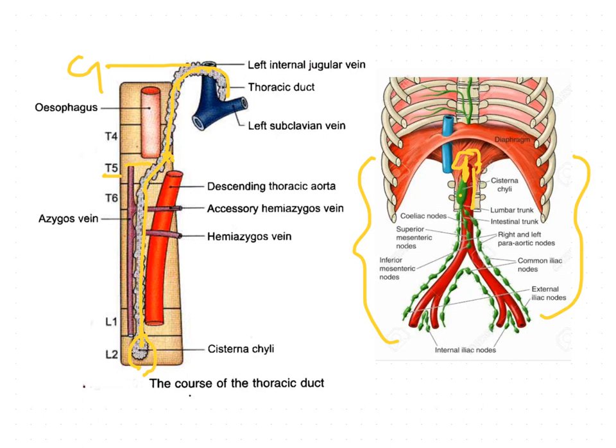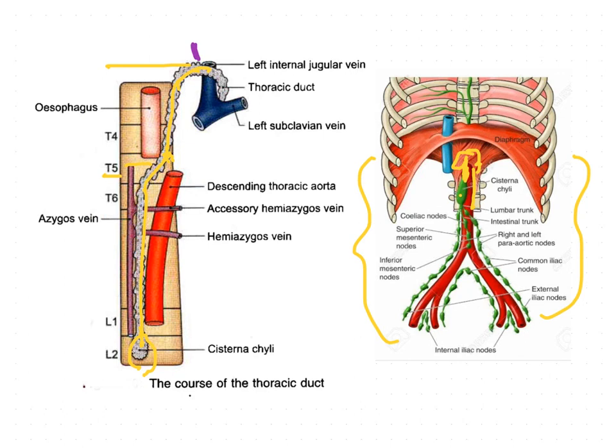So anteriorly this arch is related to the left common carotid artery, left vagus, and left internal jugular vein. So this is the left internal jugular vein. So these are the structures related anteriorly, and posteriorly it is related to the vertebral artery and vein. So the posterior aspect is related to the vertebral artery and vertebral vein,